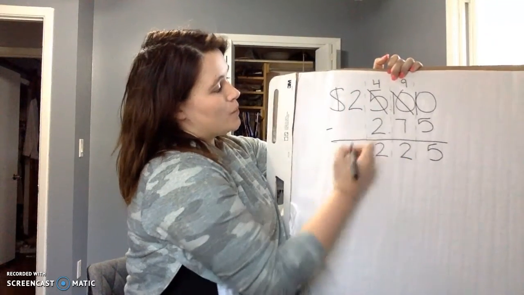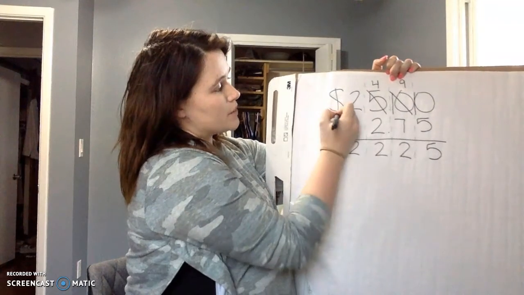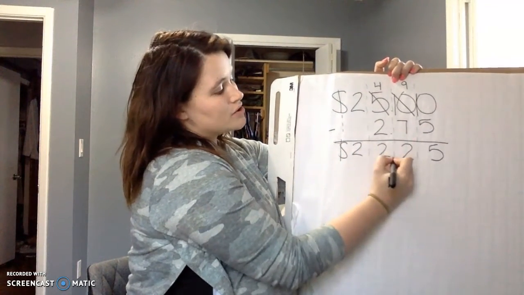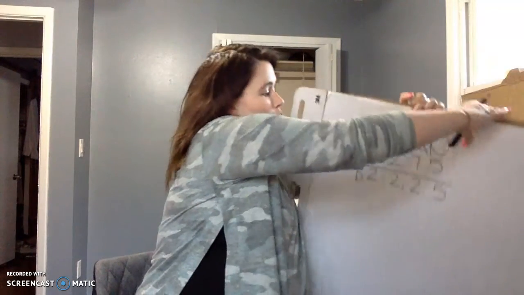2. And we have a 2 here. So now what do we have to bring down? We have to bring down our dollar sign and our, good job, our decimal. So we have $22.25 left. So what I want you to do on your sheet, and I'm going to fill this out with you guys,